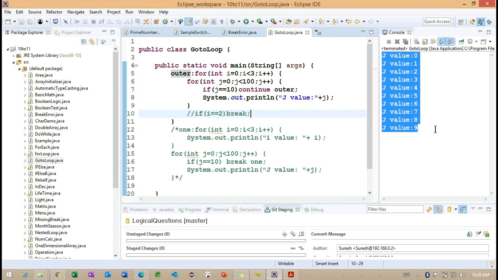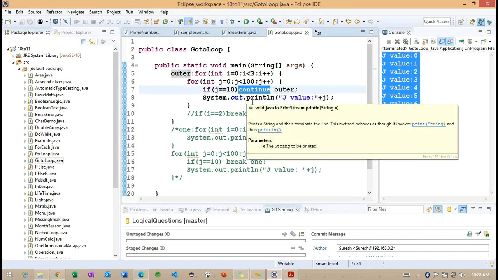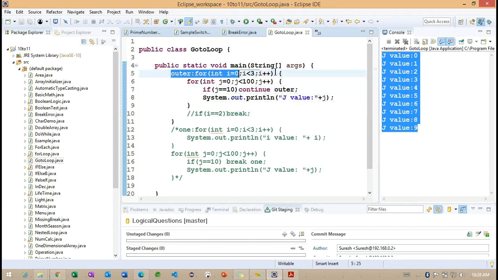For break, we identified that it executes only 0 to 9 times here. Right. What about this continue? Because now we are working with the continue. Again, we have defined this label on top of the outer loop. So we are working on the label based on some condition here.